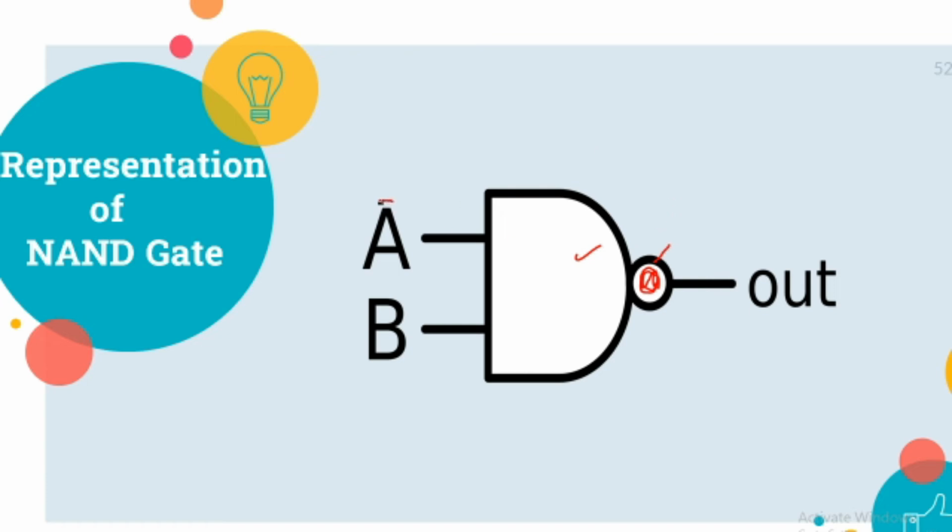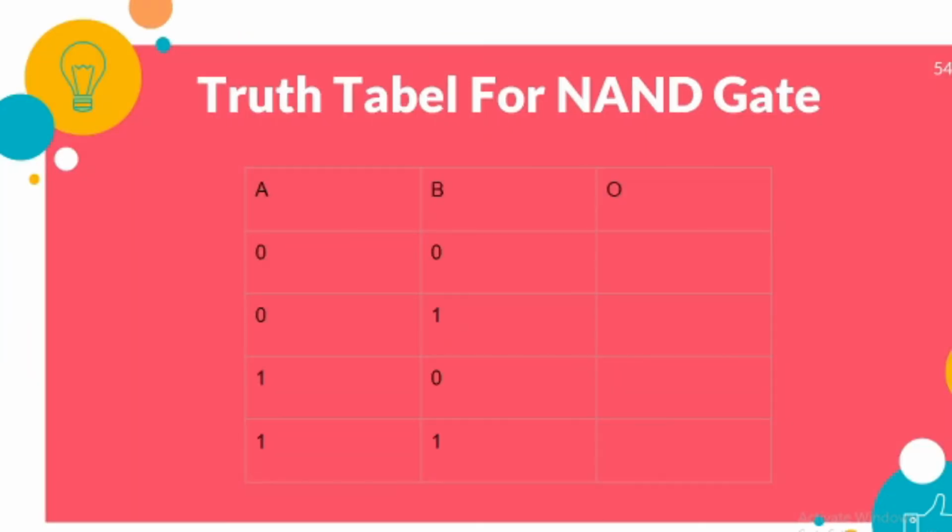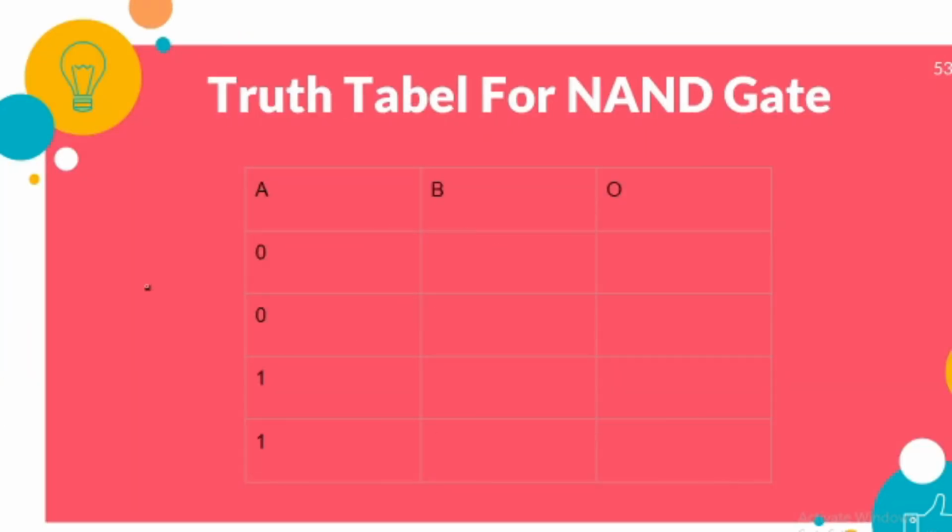Here we have two inputs, A and B, which in the form of Boolean values may be 1 and 0. Our output will also be in the form of 0 and 1. Now look at its truth table. Here we can design this by using the formula 2 power n, which we discussed above. Firstly we fill 2 times 0, then 2 times 1. In the second input B, we fill 1 times 0, then 1, then 0 and then 1.